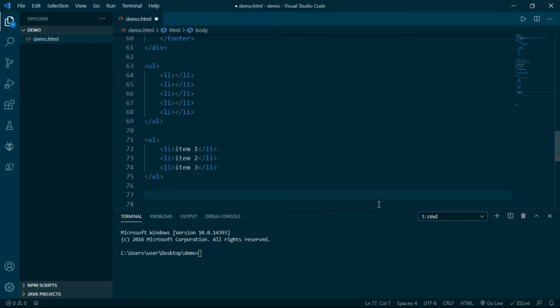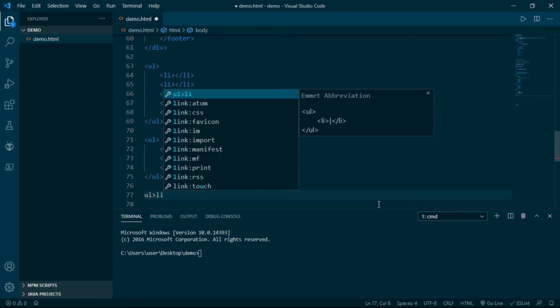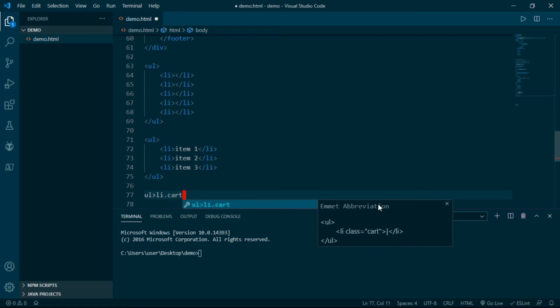Now suppose you have bigger numbers, like you want to add around 20, 30, 40 or say 100 elements. For that you can simply write ul > li.item with three dollar signs. So it will start from 001 and go up till the number I specify.